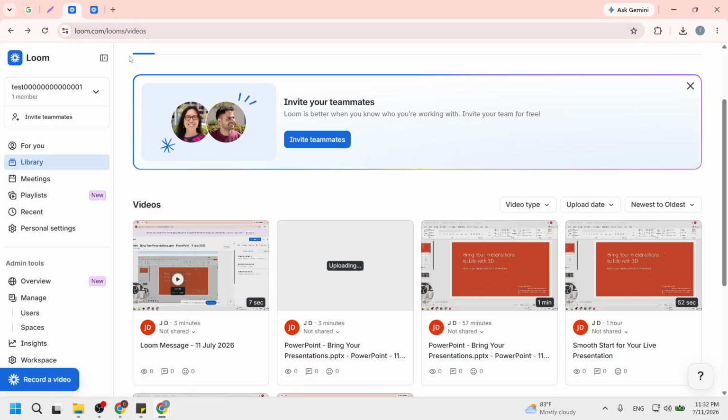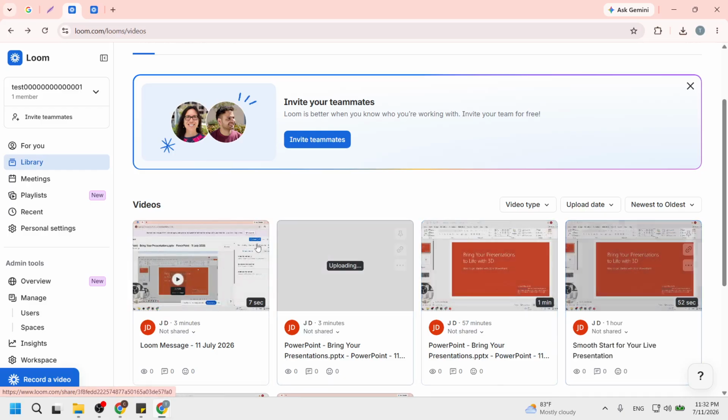After that, open your Loom library. This is where all your recorded videos are stored. On the dashboard, look for the Library tab, usually located in the menu. Clicking this tab allows you to see all the videos you have created. This step is vital because it takes you to the specific content from which you want the transcript. You will notice the videos displayed with thumbnails and titles, making it easy to locate the one you need.